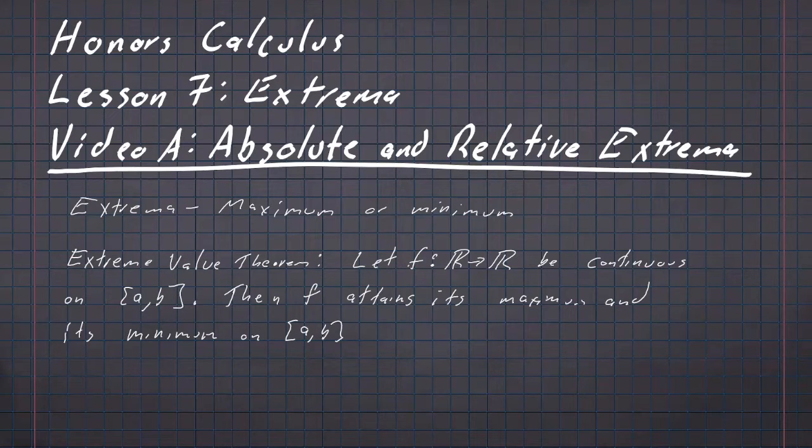We're going to call the maximum and minimum that f attains on the closed interval from A to B the absolute maximum on AB